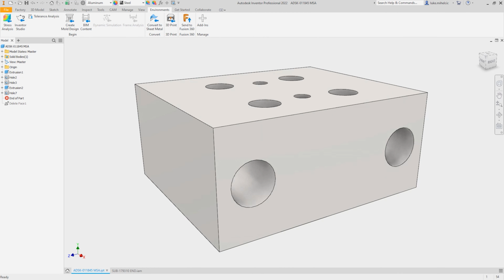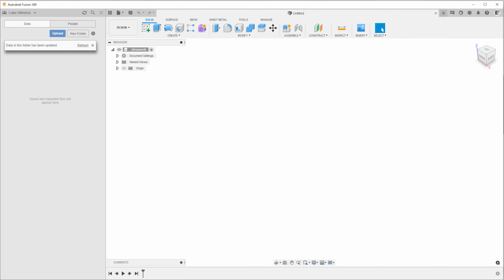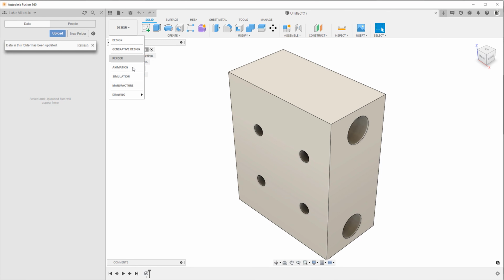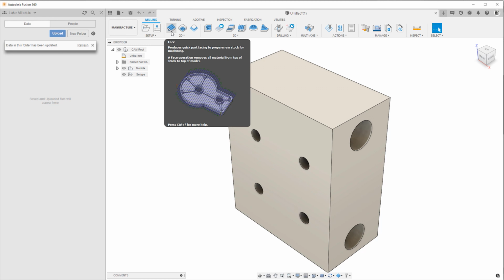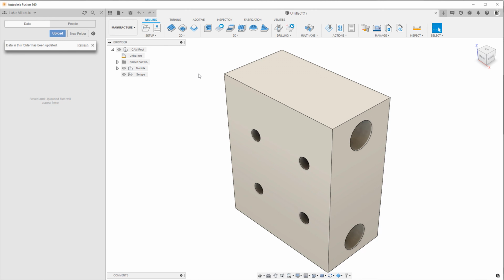I have Fusion here in the background. It'll just take a few seconds to prepare that and get that inside of my design space. So if you think about a machining operation, once this is loaded, I can then change from my design to my manufacturing environment, and I could do perhaps some facing, maybe some additive inspection, whatever I want to do with this particular part. That's not the point. It's how this gets here and how it updates.